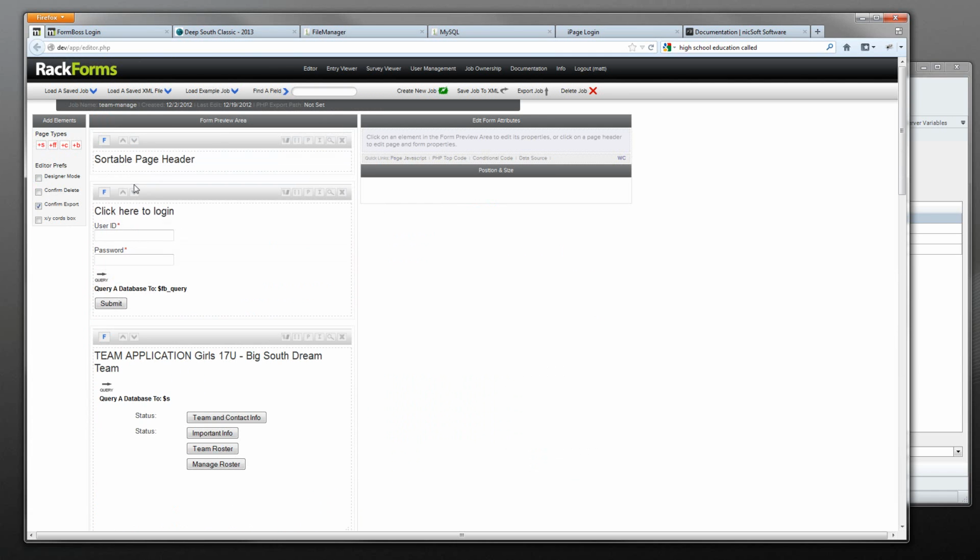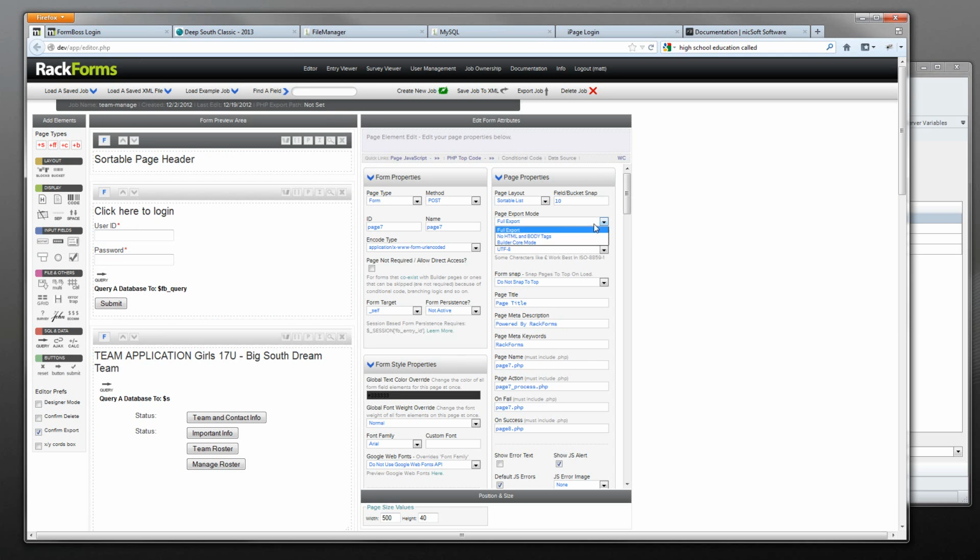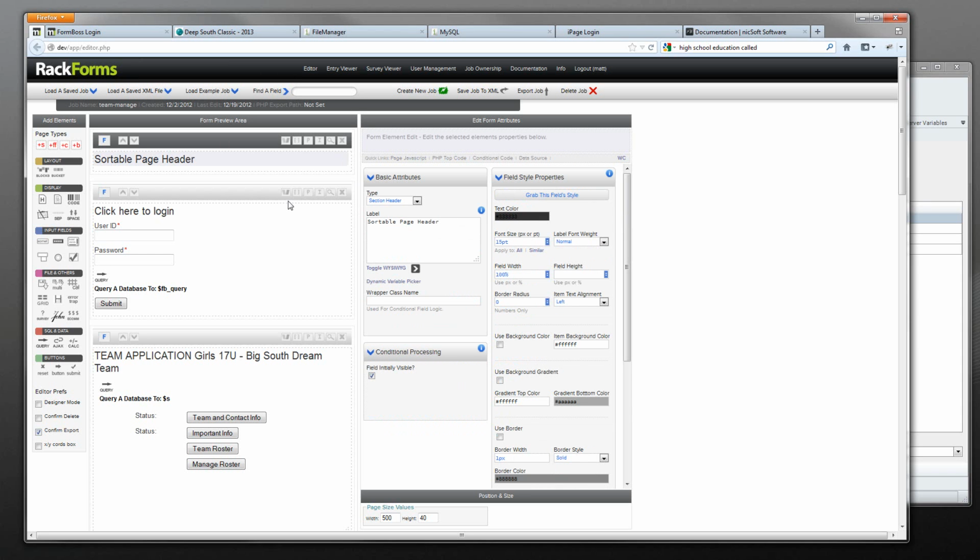So I'll just scoot it up here. And then for page export mode, I'm just going to say no HTML and body tags. Right, so it's going to give just essentially the div that is located in here. And then we'll say navigation, and of course we can make this as fancy as we wanted, but for now